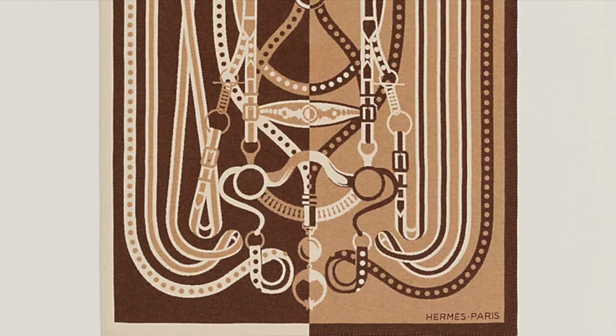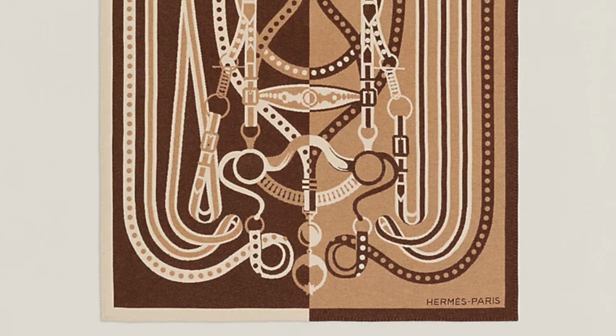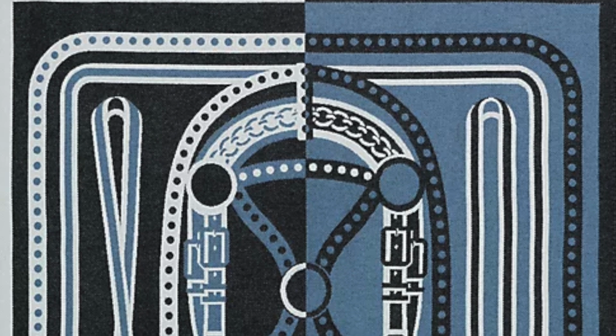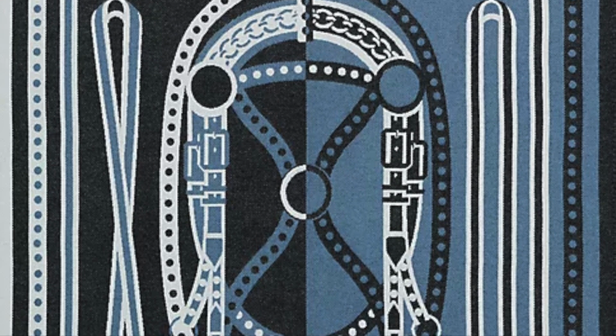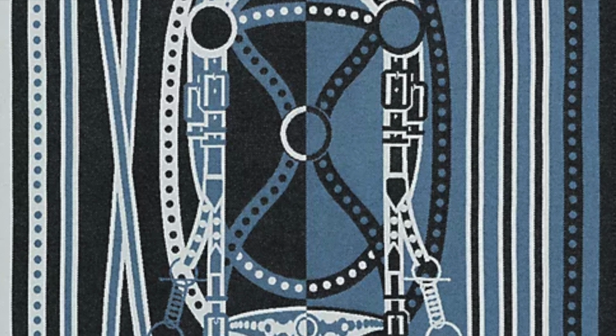And this actually has this really unique kind of over-the-top ornate print to it, which I think would suit a lot of people. It's quite different from that sort of geometric print that you're most often used to seeing from Hermes. This is a lot more out there and kind of loud. It's inspired by some of the ceremonial harnesses that horses wore back in the day. And yes, it is definitely a really elaborate, over-the-top embellished print, which is not going to be everyone's cup of tea,